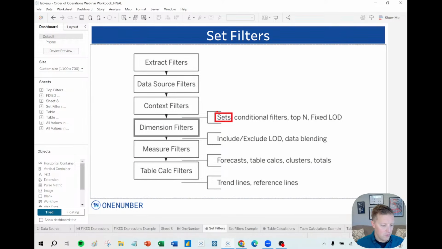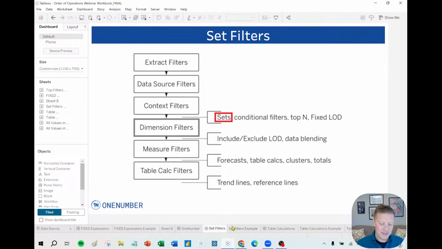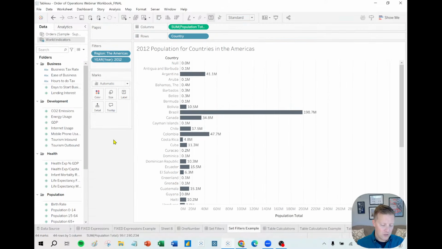Okay. So sets also, once again, happen roughly in the same area as top and fixed in Tableau's order of operations. And I think the important thing to know here is that they happen before dimension filters. Okay. So I'm going to show you my number one use case for set filters. It's not all that exciting or sexy, but it is very practical. Okay. So let's say you've got